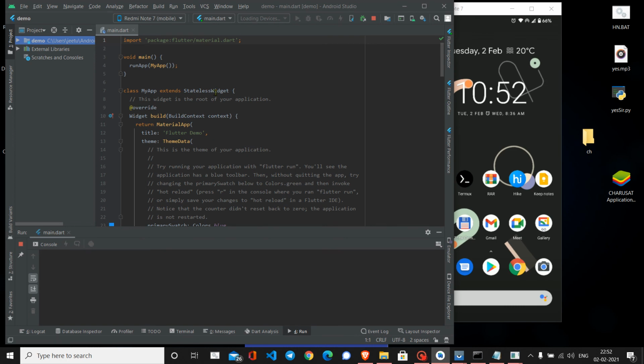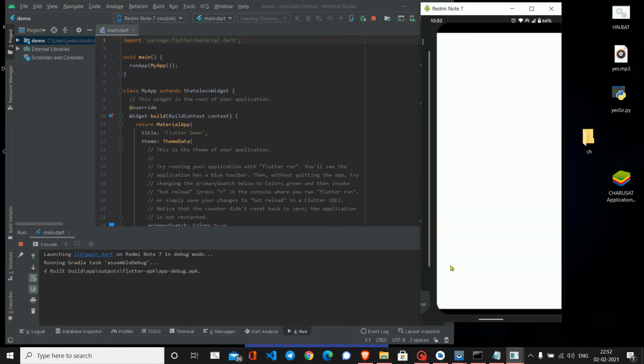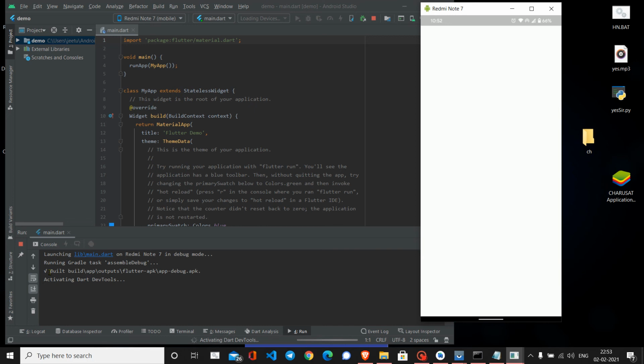If you are able to see, again I am connected with my mobile, and my application will be installed over here. It is building and it is trying to activate the dev tools, but I don't guess it will.